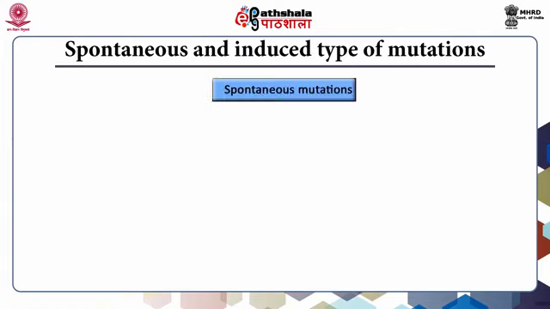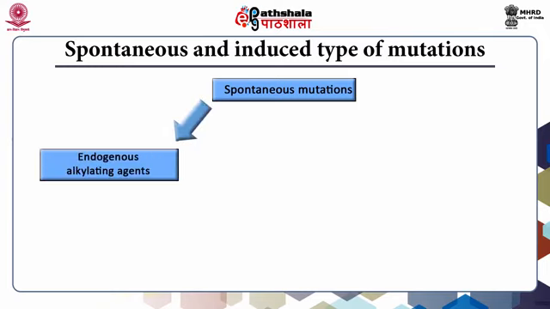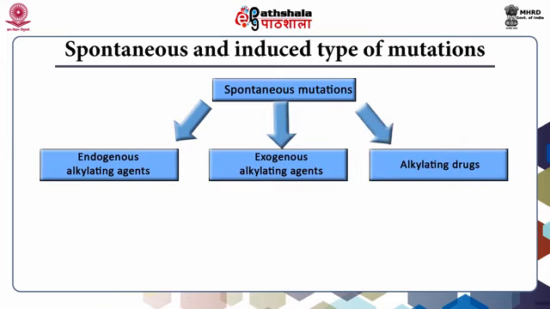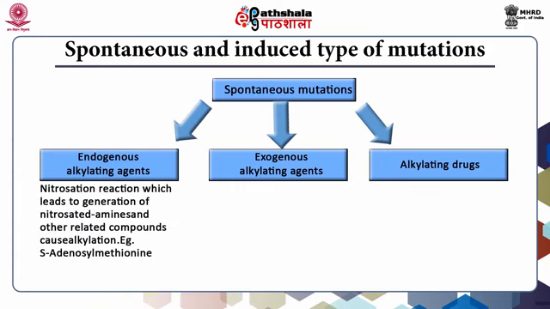So, these compounds can be classified into three different categories: the endogenous alkylating agents, exogenous alkylating agents, and alkylating drugs. We will see them one after the other. For the endogenous alkylating agents, for instance, the nitrosation reaction leads to generation of nitrosated amines and other related compounds, which can cause alkylation. An example is